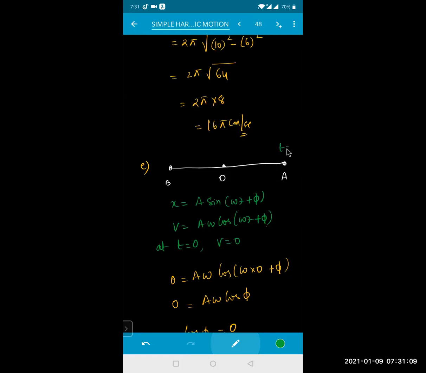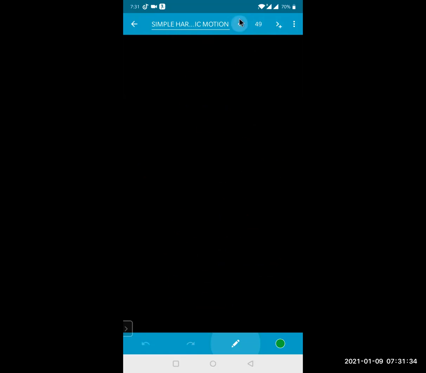That means at t equals 0, the velocity of the particle is right now coming in this direction from the maximum, isn't it? So we have an idea that it is at the maximum position and the velocity will be directed towards the origin. So will it be positive or negative? That we need to check.